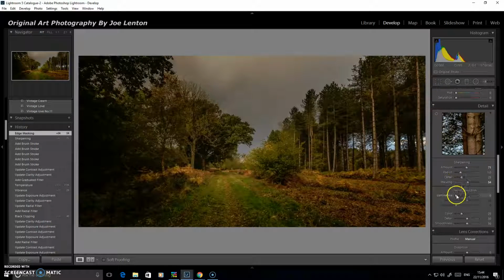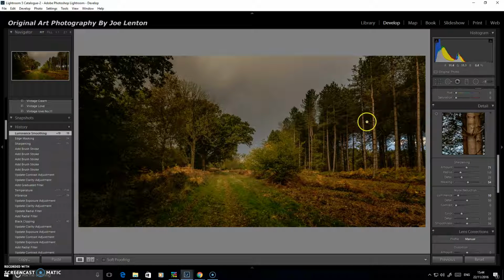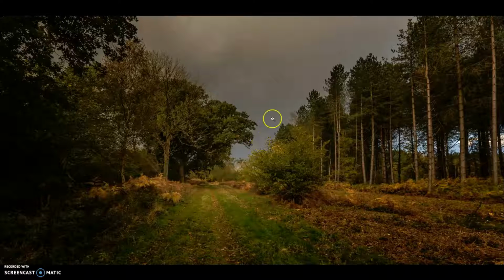Then that's fine. Always bung in a tiny bit of noise reduction just in case you've got any grit in there, but at this sort of low ISOs you wouldn't need it. As you can see, I was at ISO 800, which is why I put a little bit in there. You could then go to a plugin, do a little bit more work with it, or you can just leave it like that. So it's an autumnal sort of scene with plenty of contrast in it due to the light